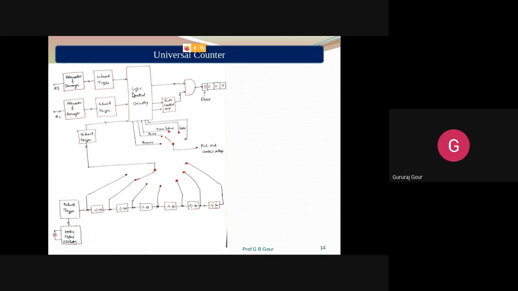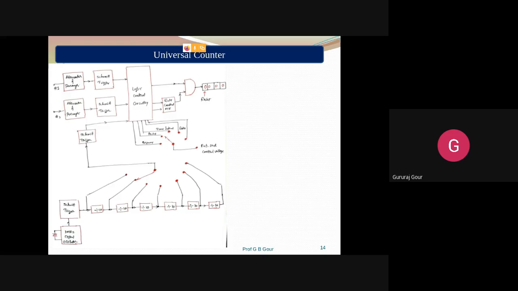Here the logical control circuitry acts according to the option selected by the time based selector. And here, as usual, we are getting two reference points, 1 and 2. Then again with the gate control flip-flop we pass the number of pulses between these two reference points, which are to be counted and displayed. That's all. So far we have discussed DFM, DTM, ratio of frequencies measurement, the MPM technique and the universal counter.